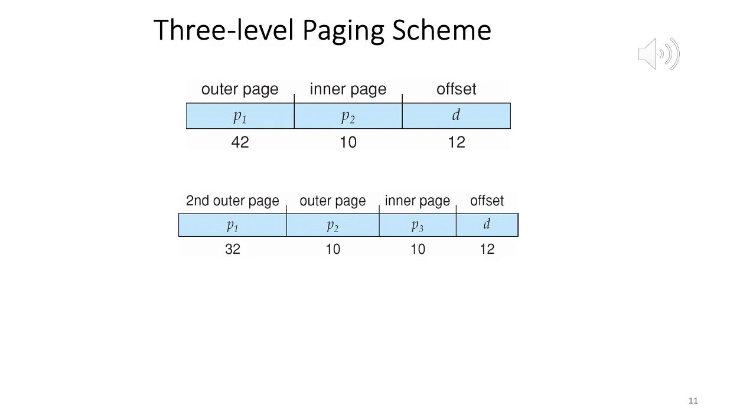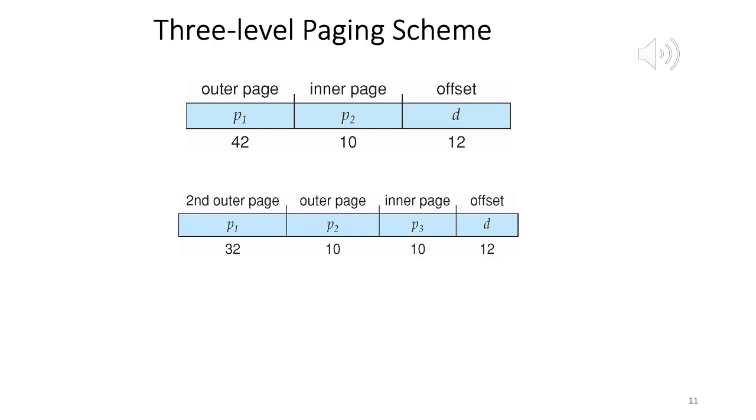Okay. So we page the outer page table as well. Note that this again may not be sufficient, because the outer page table still, how many entries does it have? 2 raised to 32, and each entry has a 32-bit address, so 2 raised to 34 bytes, which is still 16 gigabytes. So perhaps we would need to page the second outer page table as well, 4-level paging.